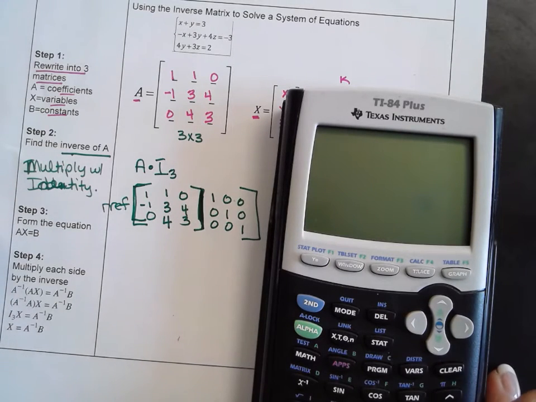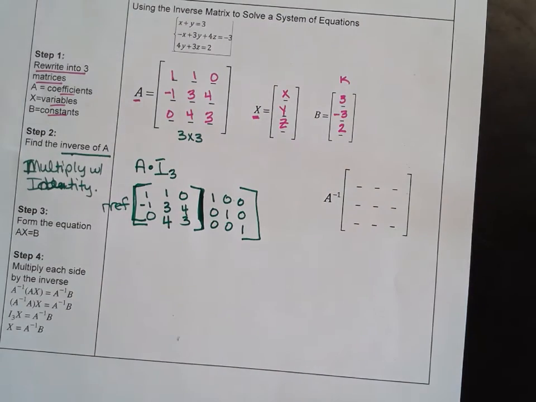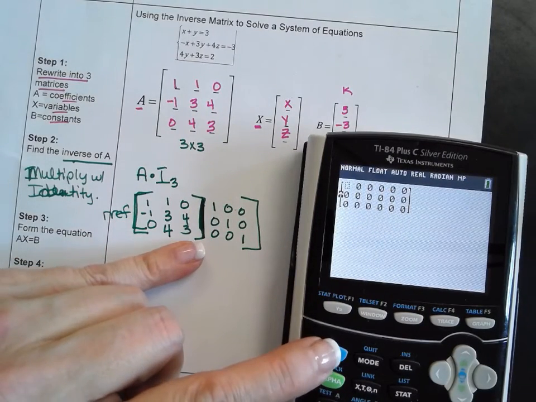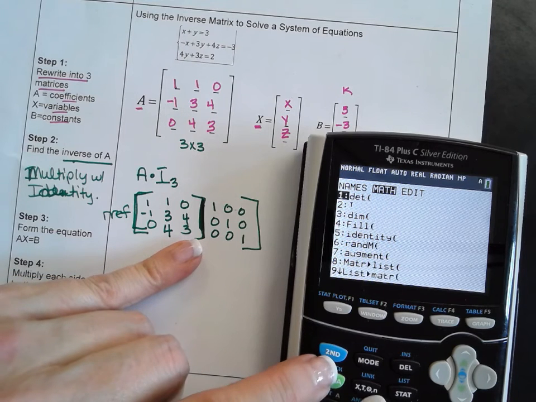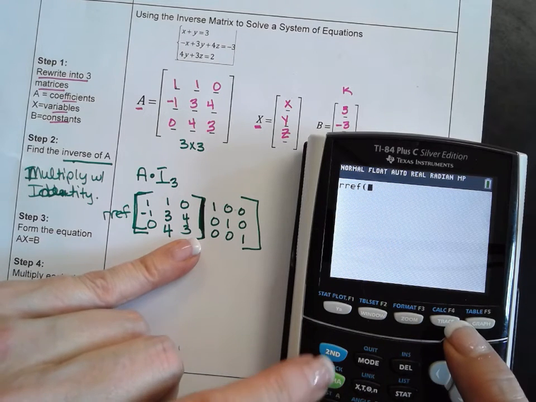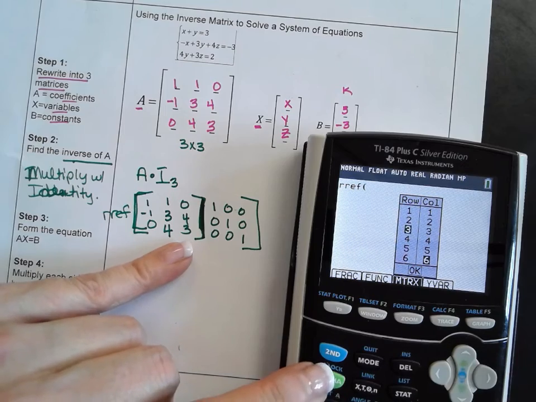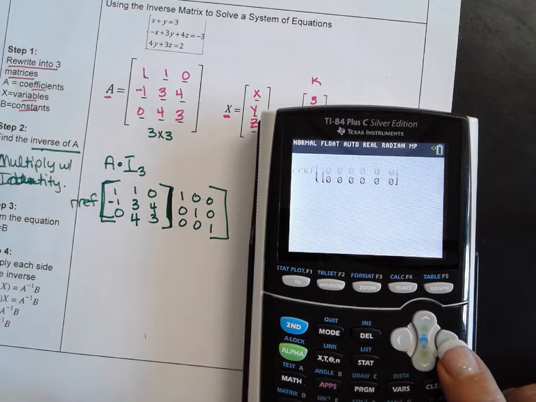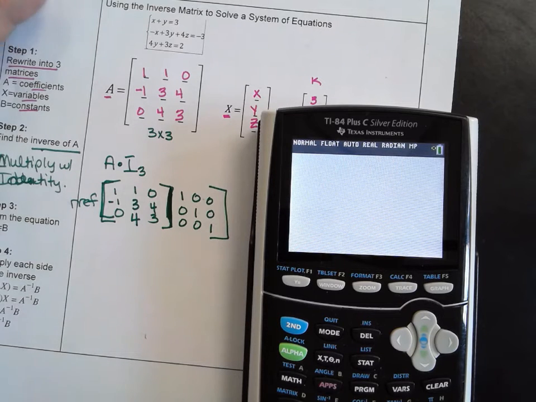Gracie, can I borrow your calculator? Thank you. Oh, except you forgot your R. That's all right, I can get it in there. So 1, 1, 0, 1, 0, 0, negative 1, 3, 4, 0, 1, 0, 0, 4, 3, 0, 0, 1. Now, when I hit enter,